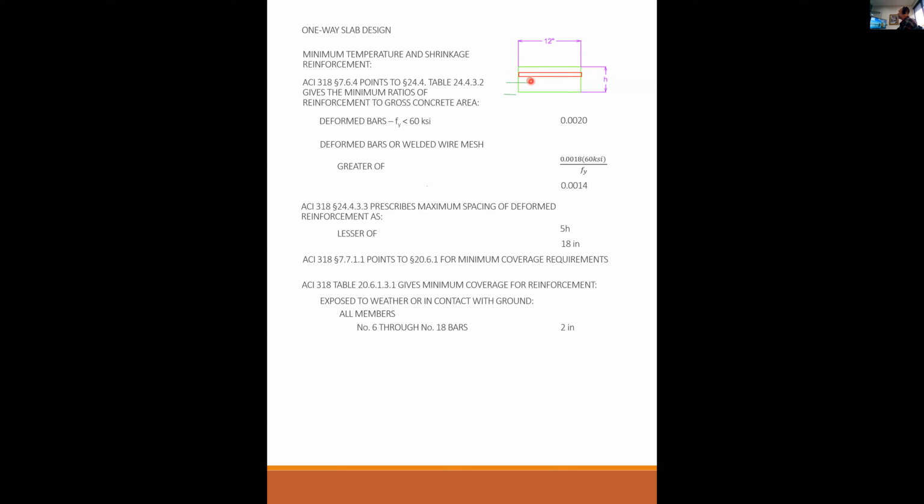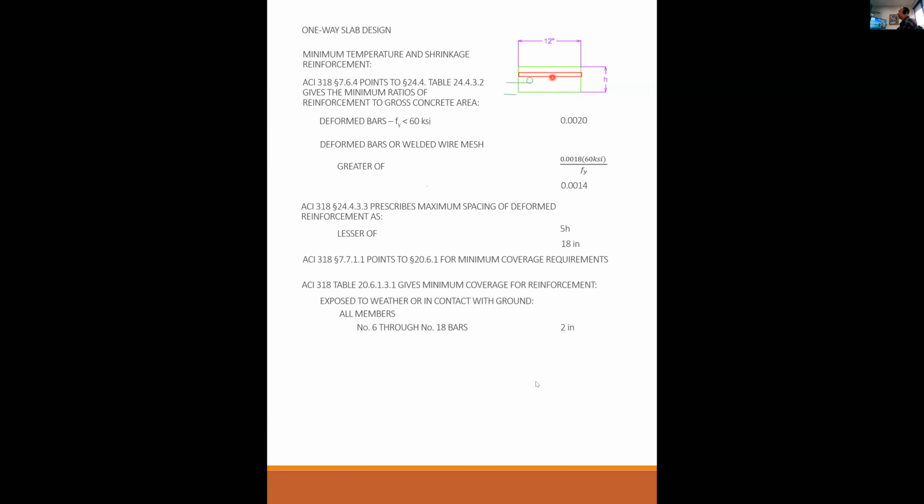And that would be this green bar here. And you would size those bars for your flexural demand. But you also need to put steel in there going north to south. The steel going from north to south is not by design supporting any load at all, but it still needs to be in there for temperature and shrinkage. So what you would see very commonly, the green bars going parallel with the span may be number 6s at 12. The red bars that are not supporting any load, but just are there for temperature and shrinkage, those may be number 4s at 18.